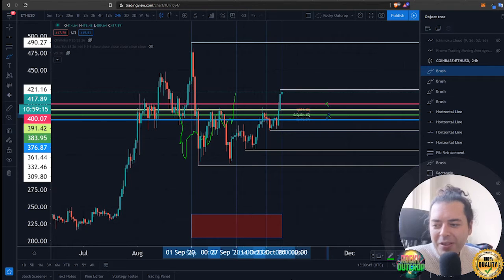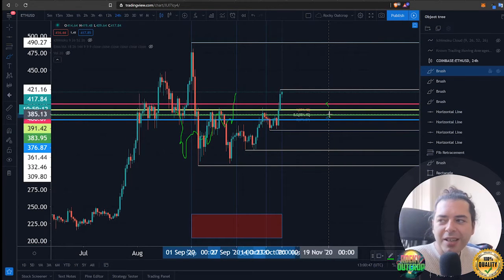How long has this been? About 3 hours? 28 minutes? Now, ladies and gents, it's time to take a look at how the Ichimoku cloud would look on top